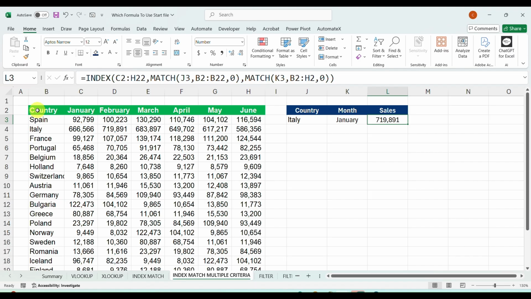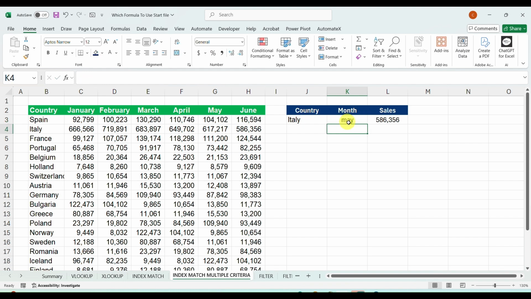Now, in case of XLOOKUP, you have just seen that by changing the month, it was not changing with the time. That means it was not dynamic. But see what will happen here if we change the month, say May. Yes, it's changing, my dear. For Italy, you see the May. Italy May, 6,17,213. I'm just copying and pasting it right here. So with this Spain, it's changing. So that's the thing. You'll have to apply index match here for the multiple criteria.